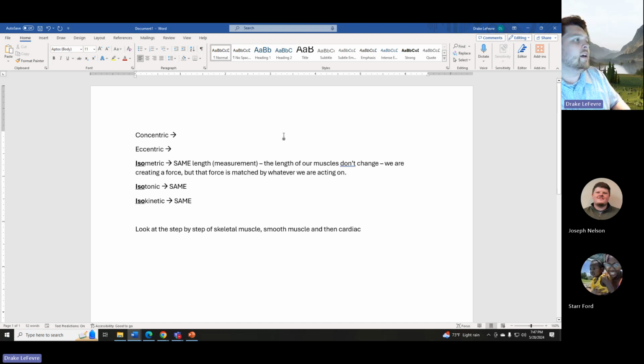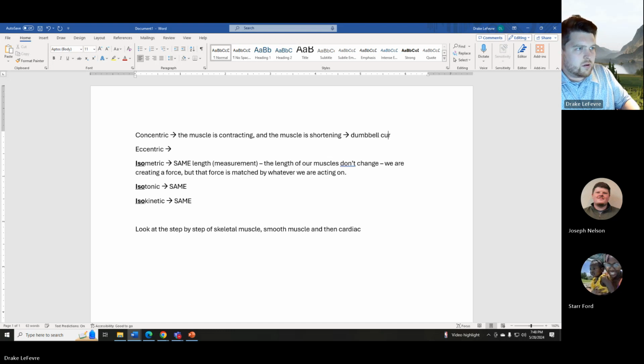Concentric, this is when the muscle is contracting and the muscle is shortening. Contracting. The muscle is shortening. So this is a lot of our exercise, like the first part of our exercise, right? For example, like a dumbbell curl. The part where we're coming up to bring the dumbbell up, that's our concentric muscle contraction. Anytime that the specific muscle that we're activating or working